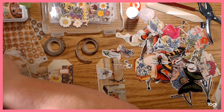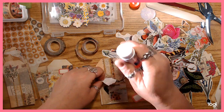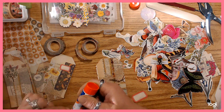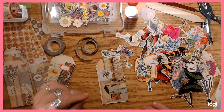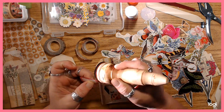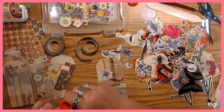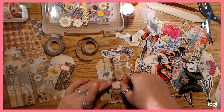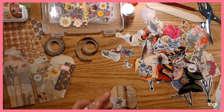No. Actually, I kind of like the label idea. So, yeah, that's what I'm going to do. I'm going to add this little bee, and this ticket, or label, I should say. And I'm going to ink the edges of it. I like to make them go off the edge a little bit sometimes,